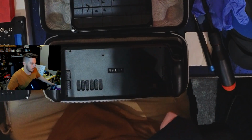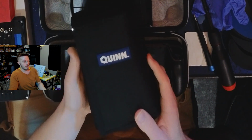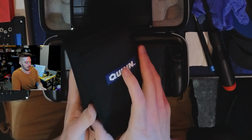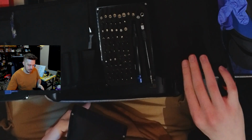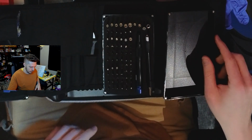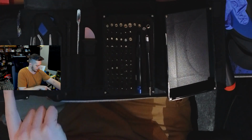I was going to do a video comparing this kit specifically to iFixit's offering of a similar price and performance range, what comes in the same kit and whatnot. But I could not find my kit. It's pretty spot on similar. The form factor is a little bit easier to keep together. In fact, the pick that I already have out is from this kit, but it comes with multiple...